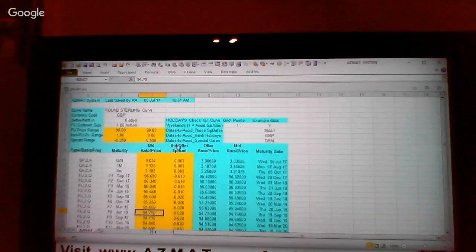A spread is the difference between your bid and offer, what it should be. This is what you are specifying it to be. So 96.630, 96.62. So the spread is minus 0.01. Remember, it's less. And so on. In this case, it's positive. For example, here,